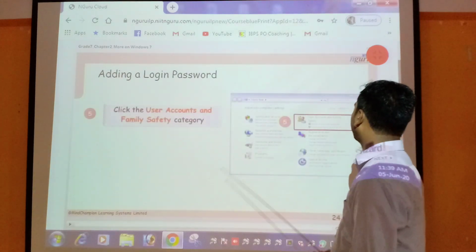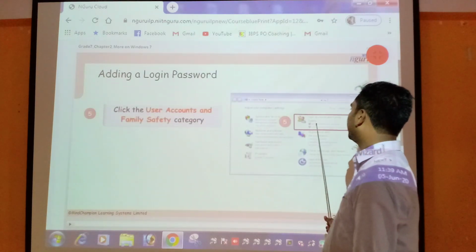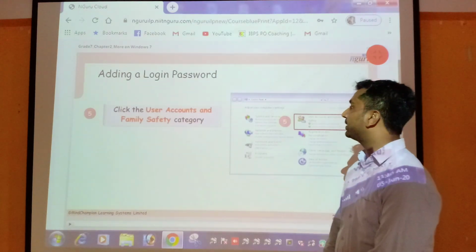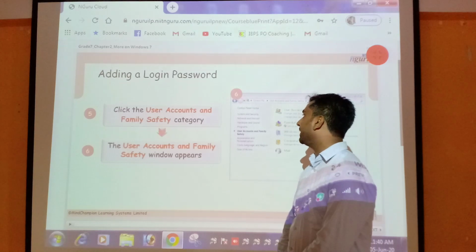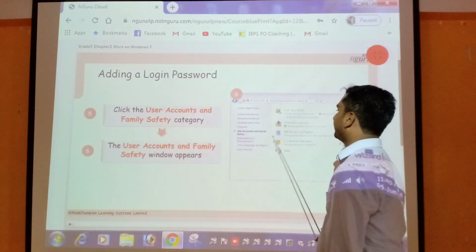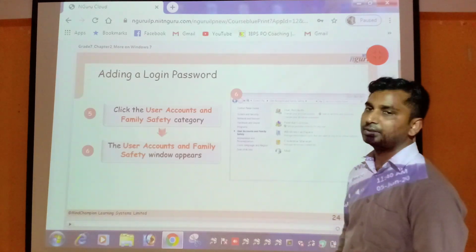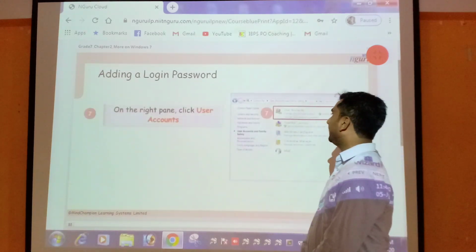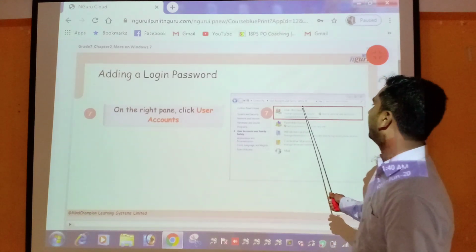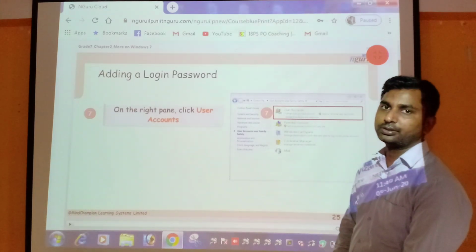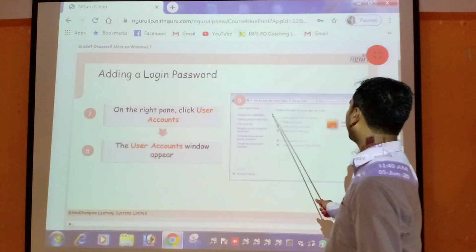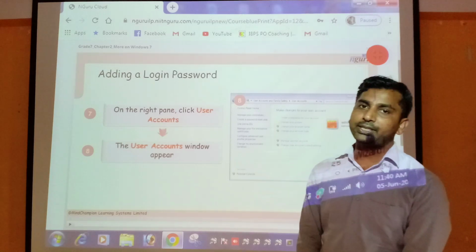Then click on user accounts and family safety category. After that, the user accounts and family safety window appears on the screen. Then in the right pane, click on user accounts. After that, the user accounts window appears on the screen.